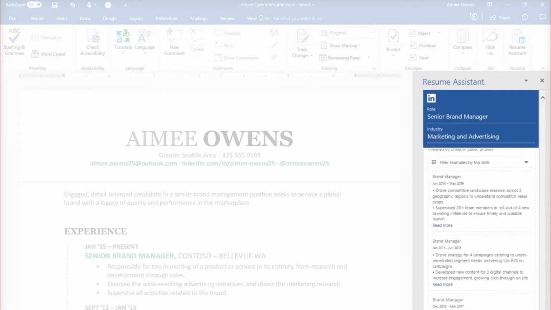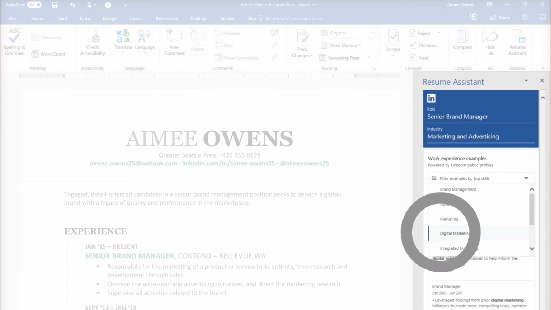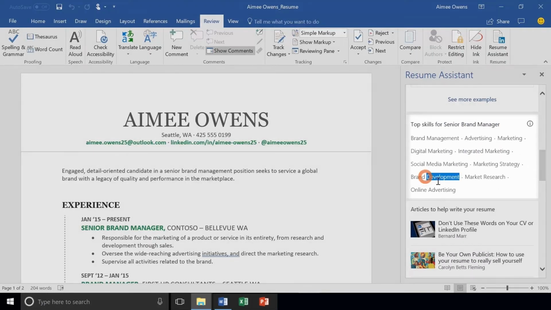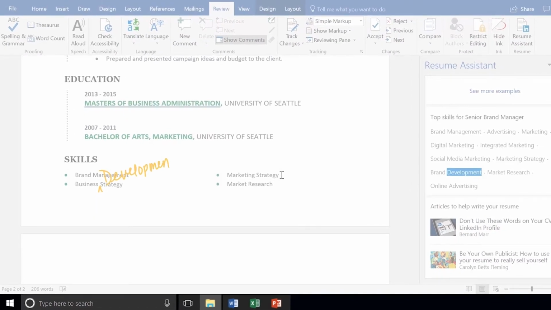Can't find what you're looking for? You can go back to the top and change the role or the industry, which will also update the work experience examples. Work experience is definitely one of the most important parts of a resume, but allocating some space to showcase your skills is essential to show off how you compete against other candidates. The top skills section in Resume Assistant will give you a variety of skills that individuals on LinkedIn are using to differentiate themselves and attract potential recruiters. Adding some of these to your resume that are amongst your skill set can increase your chances of getting noticed, which can lead to an interview, getting you one step closer to your dream job.